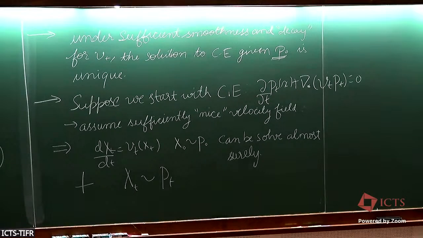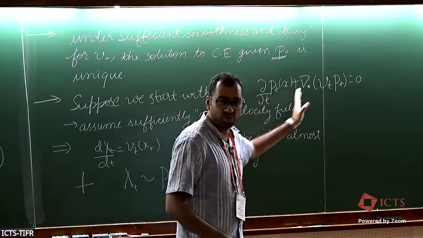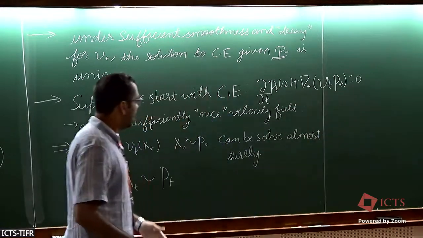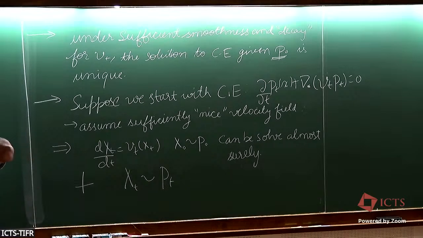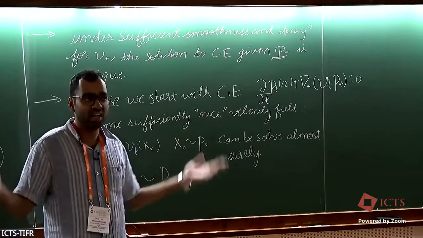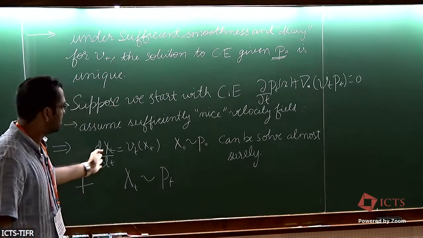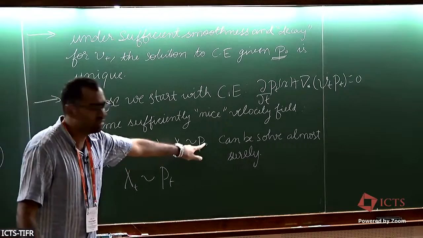So this we should understand as a converse to the result. So what did we do here? We started out with this ODE, which says, I go through this velocity field. What happens to the density evolution? It evolves as the continuity equation. What I'm saying is, suppose I have a sequence of probability distributions and a velocity field. I tell you that it satisfies the continuity equation. Then is it related? Actually, can we get back the ODE system from this? It turns out yes, in the sense that if the velocity field is sufficiently nice, for now we think of it as a bounded Lipschitz velocity field, then this is solvable almost surely whenever you start with the same initial condition p_0.